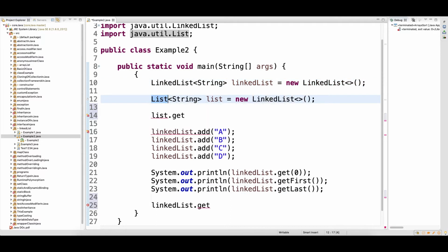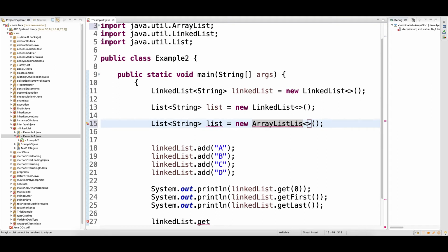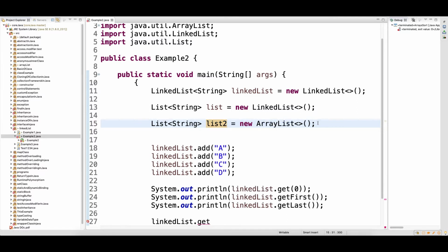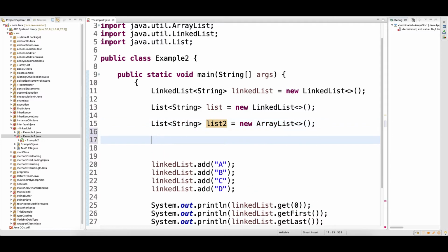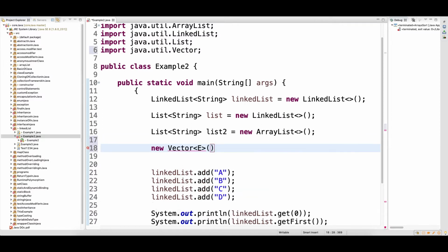If you do that, the problem is that the three classes which implement the List interface, one is this, one is ArrayList.